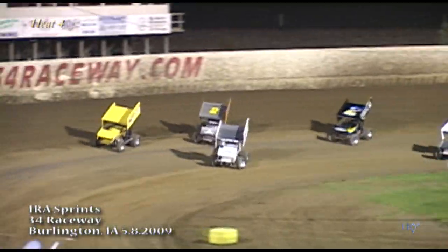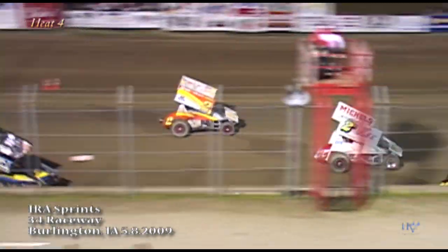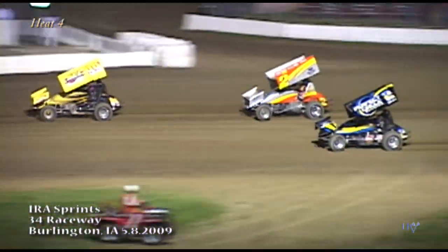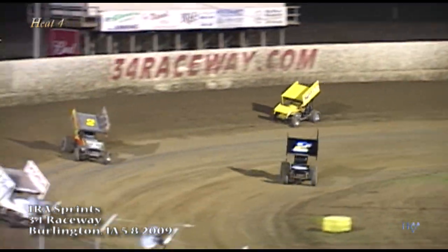Herrera lying in wait in the number 2 as well. Neitzel now gets bottled up behind the 99 of Lenz. Oh, Neitzel, a little contact there with Hafeman. Hafeman continues to lead. Here comes Herrera now. After all that, it remains Hafeman at the front of the field. Neitzel 2nd, Herrera in the 3rd spot. White flag, this will be the final lap. Hafeman down the backstretch, 1 final time. Neitzel running 2nd, Herrera going to try the slide job over in